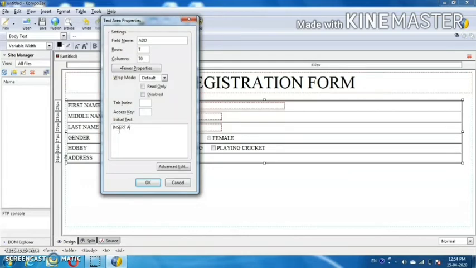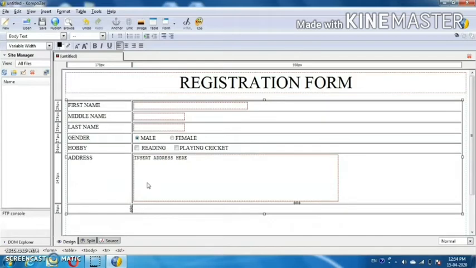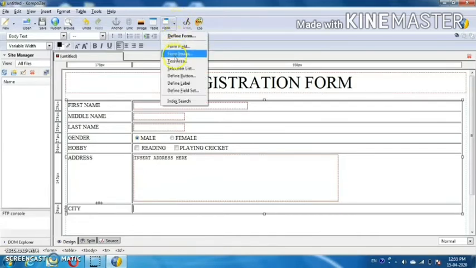Initial text means we have to write the initial address. That means over here if you're writing insert address, you can see the insert address has automatically been written. Now again click on tab button. Now insert city, click on tab, form